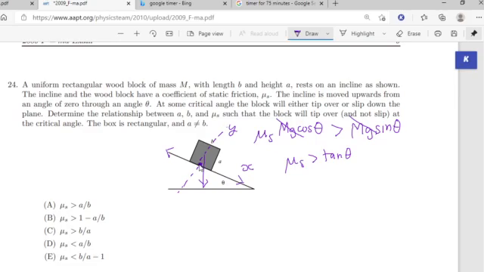Let's say this is the pivot, so then this would be the origin, 0, comma 0. And this side here would be a over 2, and this,